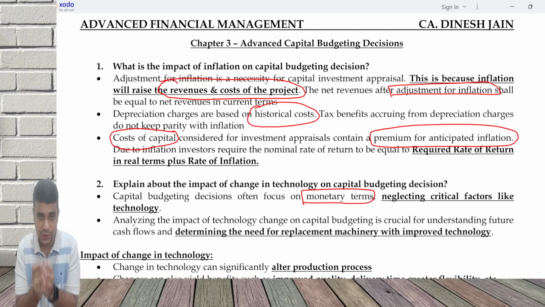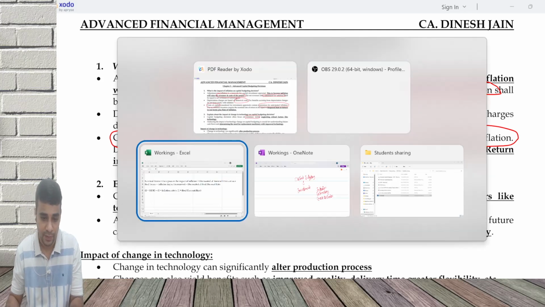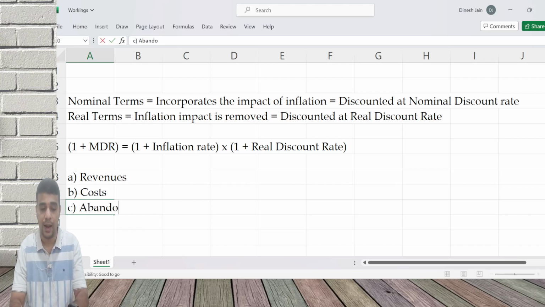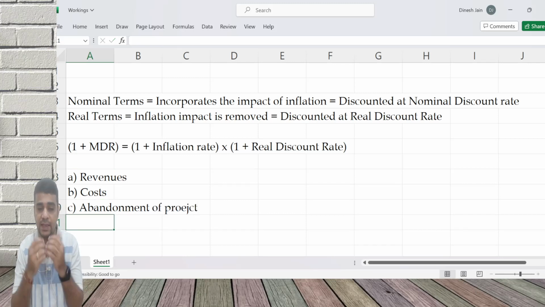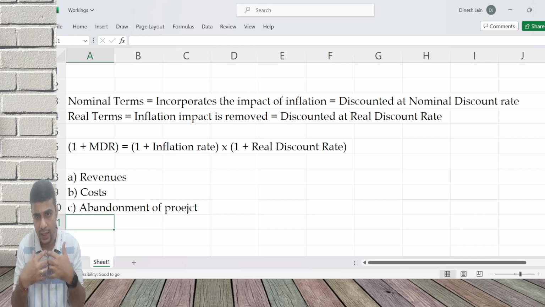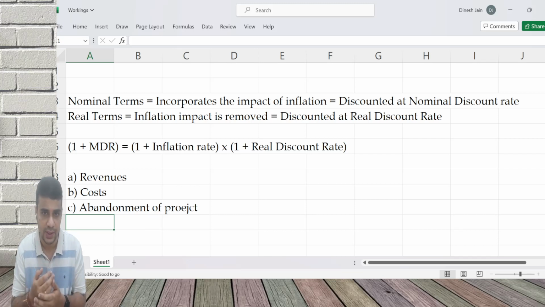An organization should always evaluate how technology is going to impact. Technology can impact my revenues, it can impact my costs, and in the end it can also lead to abandonment of project. Abandonment is giving up the project. I go ahead and give up the existing project because the continuous changes in technology has now made the product which I am manufacturing an unviable project, because the continuous changes in technology has a significant impact on my